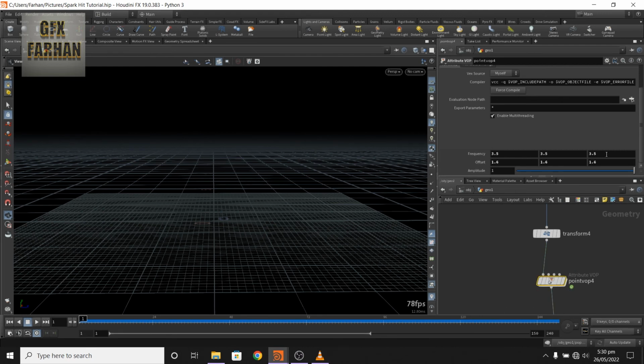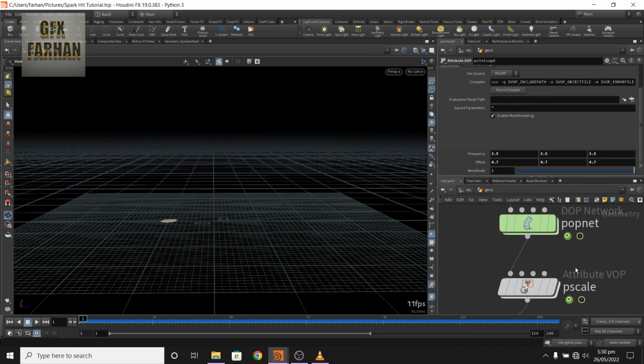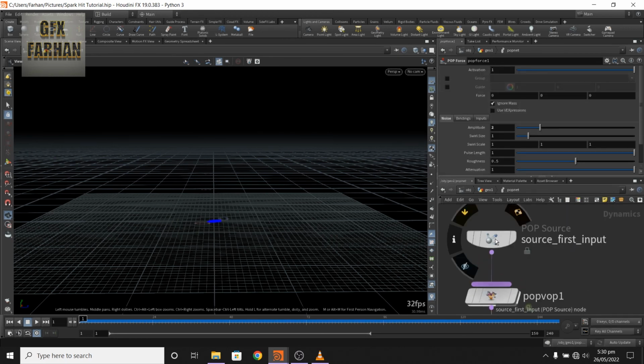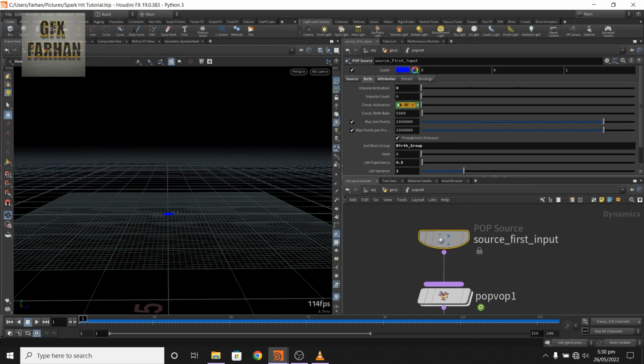It has different frequency and offset. One thing I changed in the top level pop net. In the pop source I changed this, like it has 5 to 8,